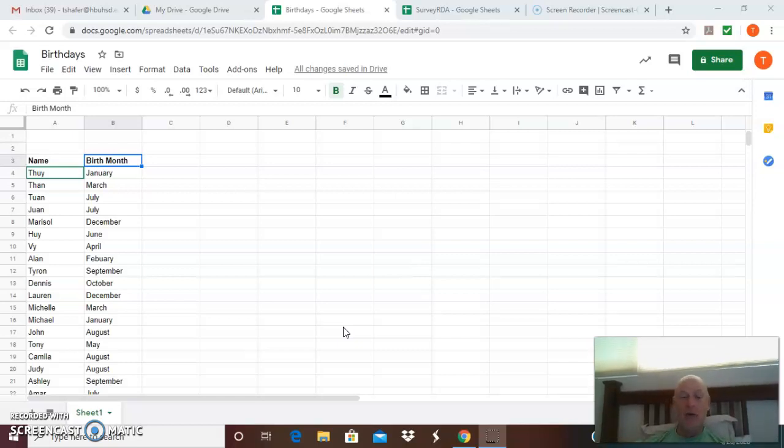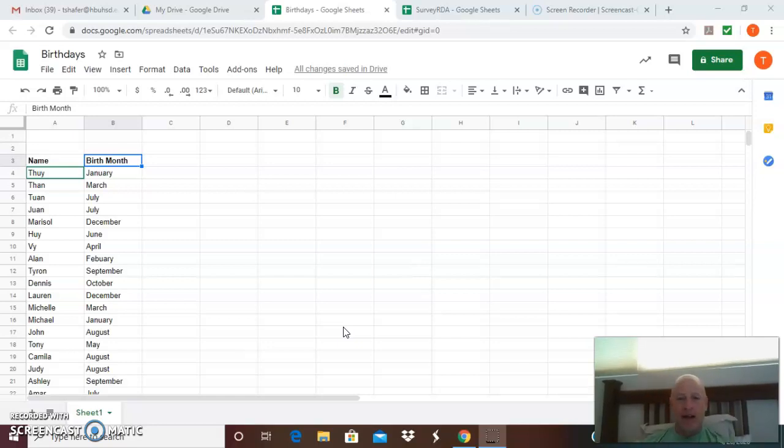Unfortunately, I just spent 2 hours in Google Sheets trying to figure out how to do that, and I could not come up with it. I could get everything to plot, but I couldn't get the bubbles to change size. I know you can do it in Excel, but I know you guys don't have Excel. So we're going to skip that, and we're going to move on to something much simpler, which are bar charts or column charts, depending on